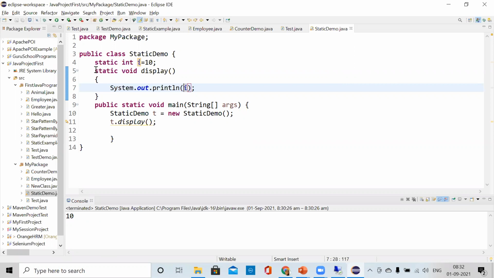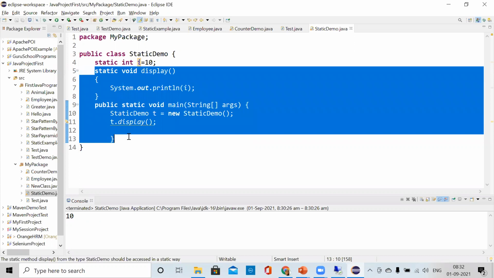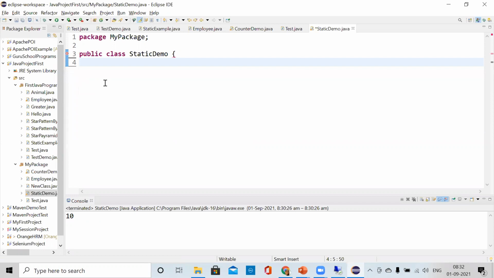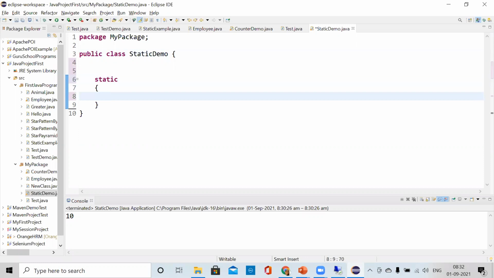But in the static block, suppose I'm not writing any main method. I've just written one class. Inside this class, I have written a static block. Static block is just static, and then there is a block. Inside this block I have written, suppose, hello.